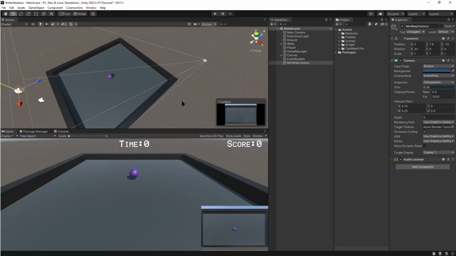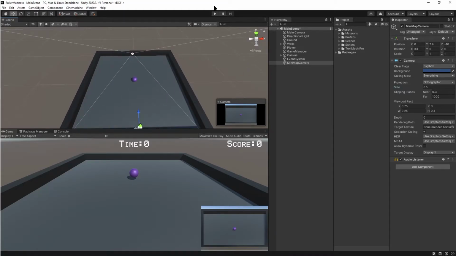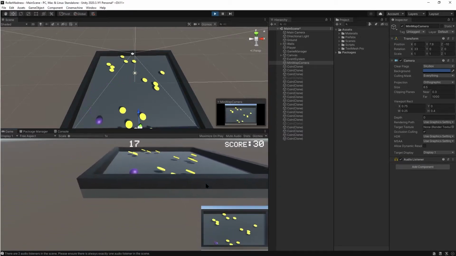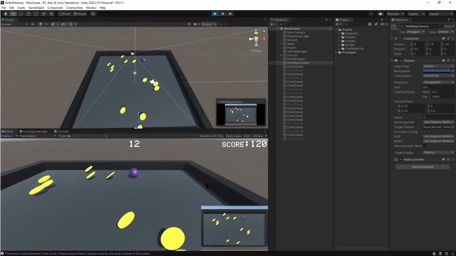All the object size, you can fit this. There is nothing much here. Yeah, this is good. Now you can see everything is visible.